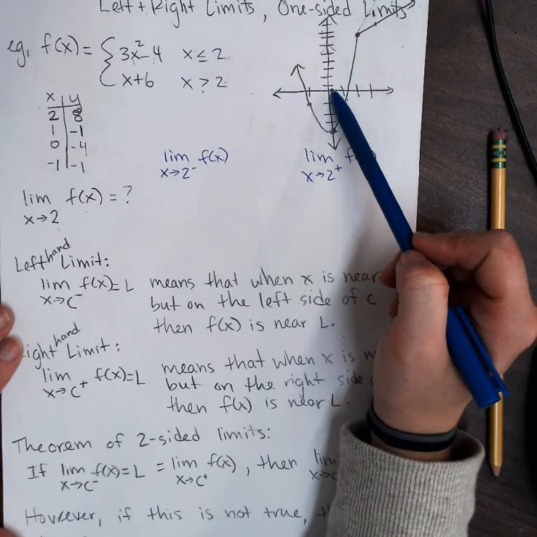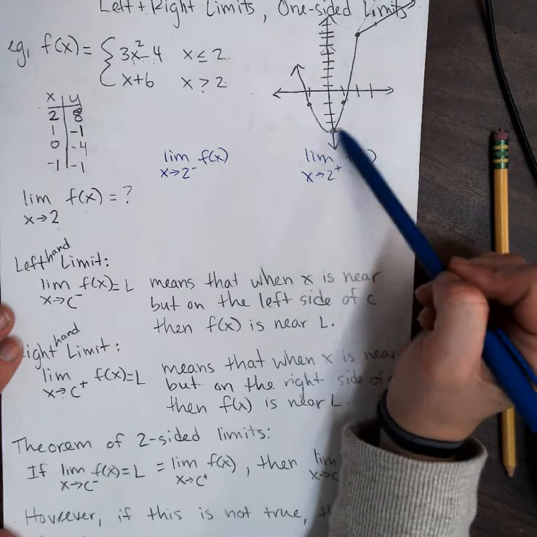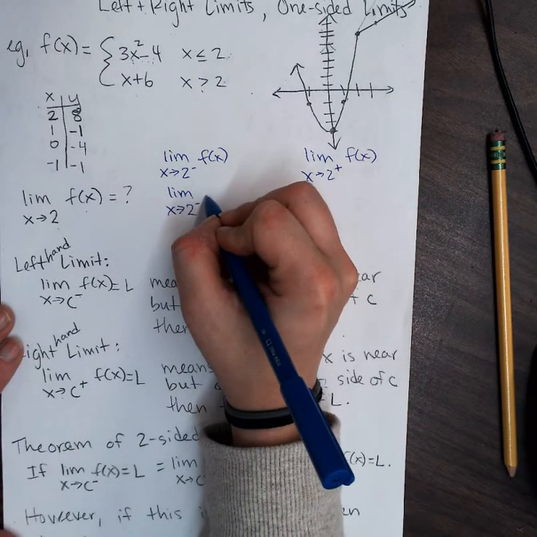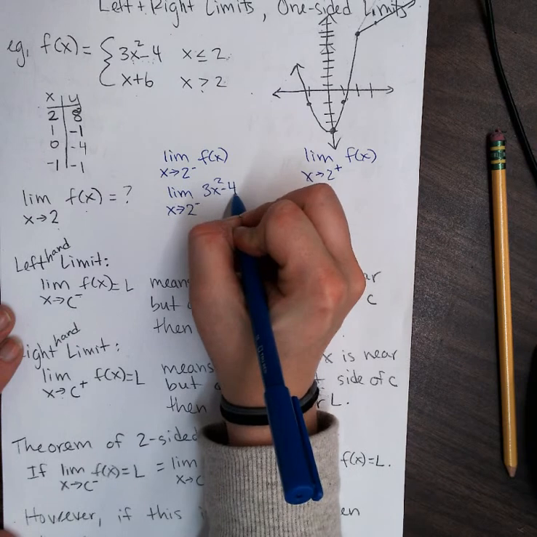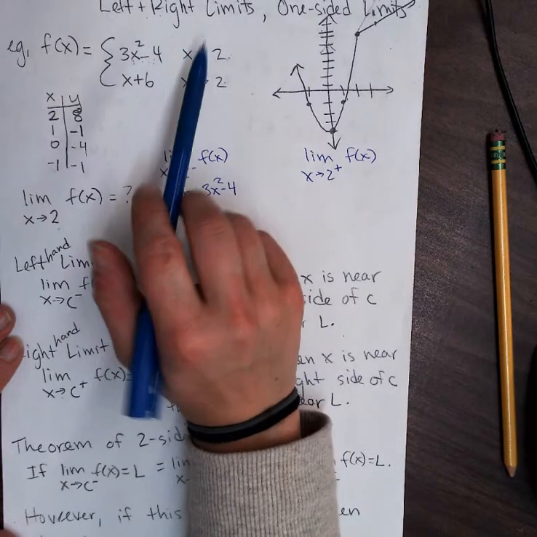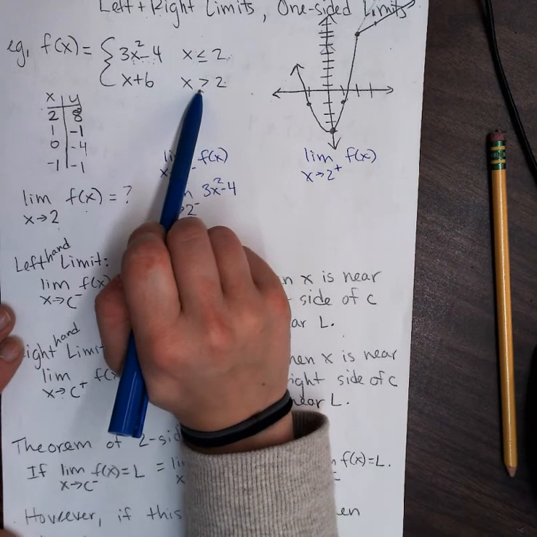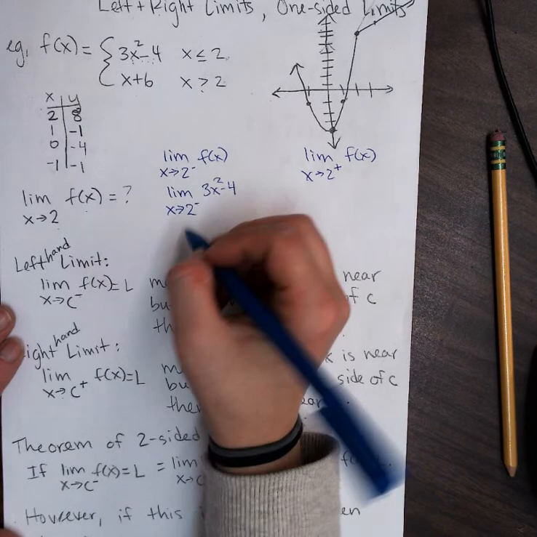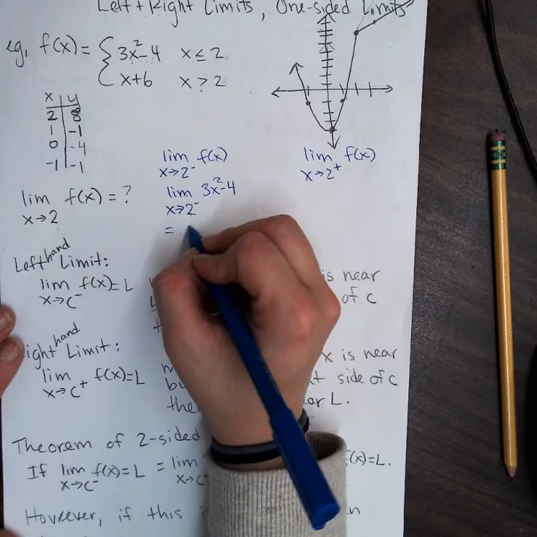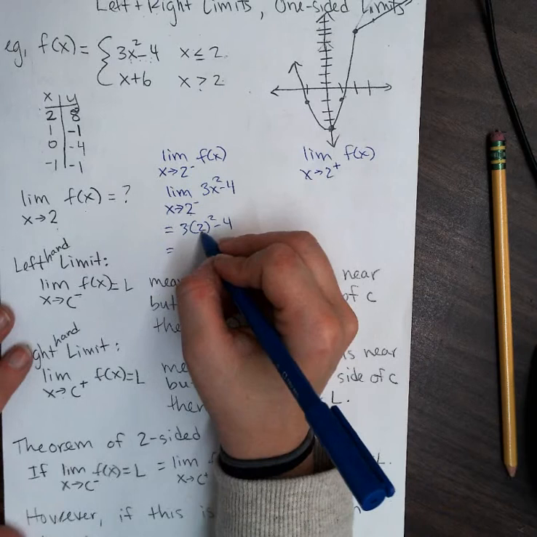So we can see that here is 2, and to the left of 2 is our quadratic function. So if we do the limit as x approaches 2 from the left-hand side, we're talking about 3x squared take away 4. And if you hadn't drawn the graph, you could have looked at your piecewise function and seen that this was x is less than 2, so on the left-hand side, and this is where it's greater than 2, so that's on the right-hand side. And when we evaluate the limit as x approaches 2 from the left-hand side, we get 3 times 2 squared take away 4, which equals 3 times 4 is 12, take away 4,